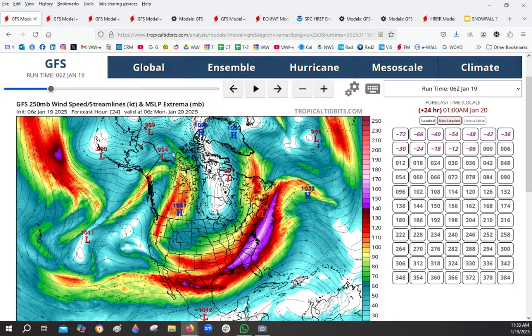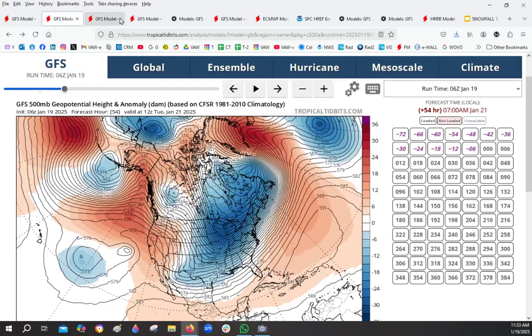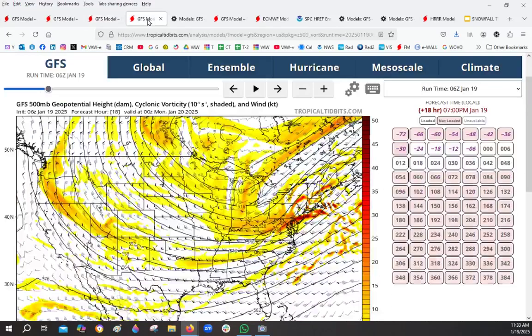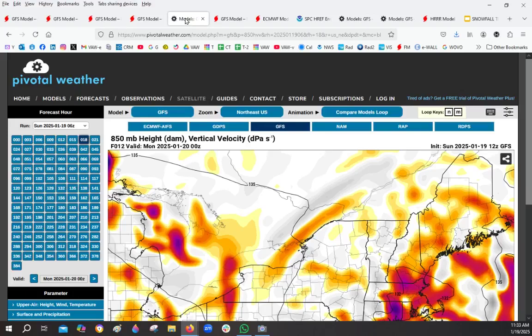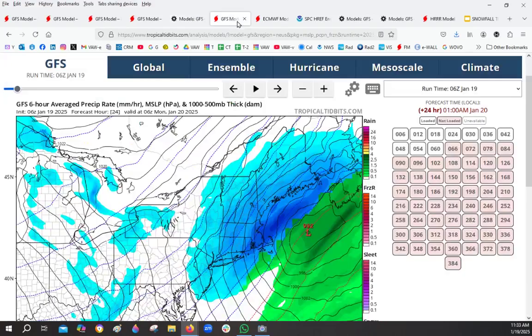You have to look at everything. I went wide view, looking at all the way from the Pacific to the Atlantic here. You drill down into the atmosphere at the different levels to see what's going on. Vorticity. Then you look at vertical velocities. And then you look at the actual surface level track of these storms. And then you have to compare the different models and then compare them over days and weeks